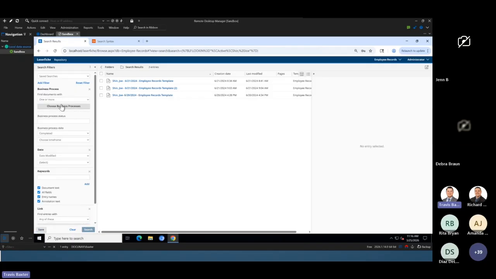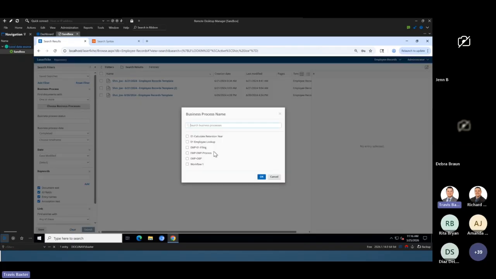Business processes. Business processes are run in the background of most repositories if you have it set up correctly. So let's say we fill in the employee metadata, document type, and document description. This filing workflow is looking for any changes made to this document, and it will run automatically, putting it into Joe's folder automatically. If you have that set up, you can run searches for any EMP filing